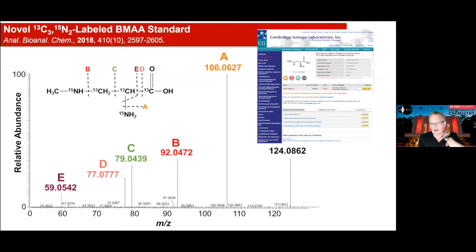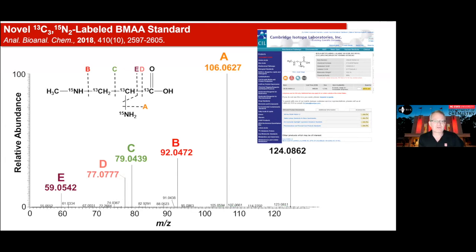I will tell you, and it's not against Josh Pierce, he's not an amino acid chemist, and so I went to CIL and I asked them, "Can you make this for us?" Because I think the field really needs it to rule in or rule out this hypothesis, because the material that Josh made was chemically and isotopically not so pure. So CIL made the molecule. You can buy it today, and I urge people when they're doing studies with BMAA to use this standard, because at least we can try to get reproducible results and find out what's really going on inside of bacterial blooms.